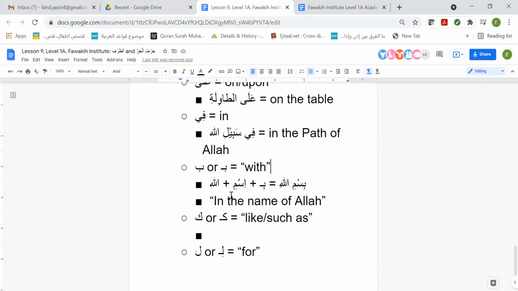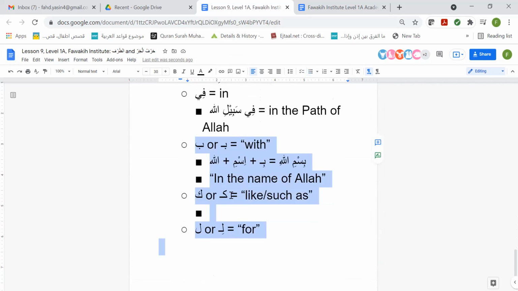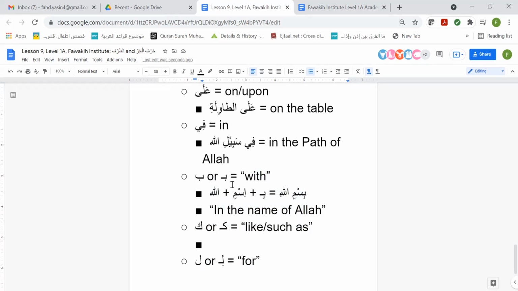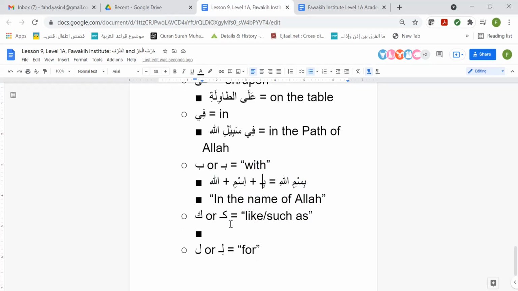It's because these are separate letters, okay? That's what I'm trying to do. These last 3 are separate letters by themselves, right? Ba is a letter. Kaf is a letter, as you'll see. Lam is a letter, as you'll see. These letters are by themselves. A letter can't really ever, as far as I know, stand by themselves, right? They have to be put with other letters to have a word, right? So this is an example of it.